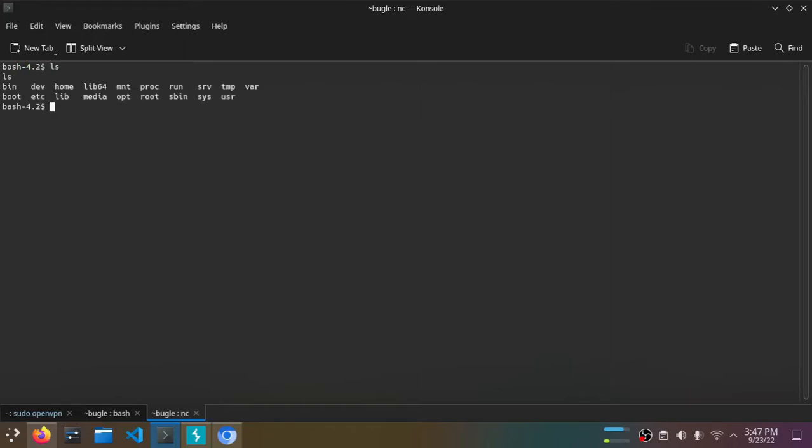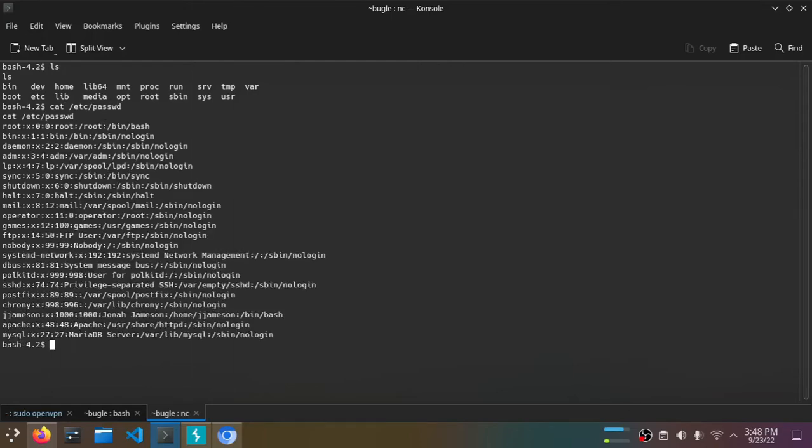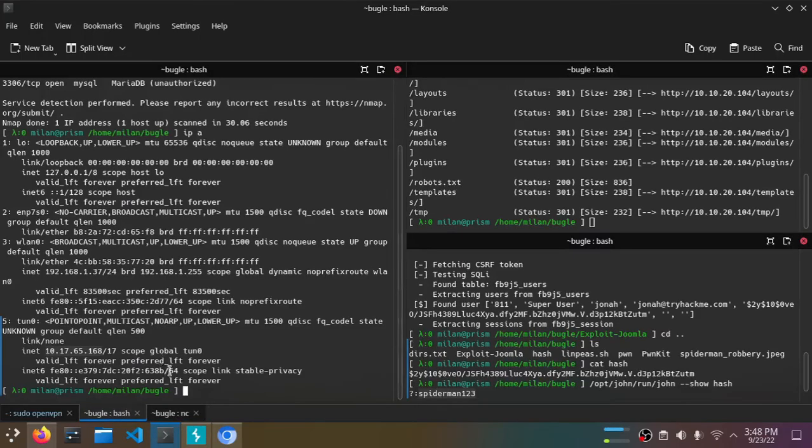Wonderful. Okay, now we only need our user.txt and root.txt. So let's look at what users we have. Cat /etc/passwd. Okay, we have root, obviously. We also have jjameson. Now I wasn't able to log in to jjameson with Spiderman123 as a password, so instead I simply uploaded